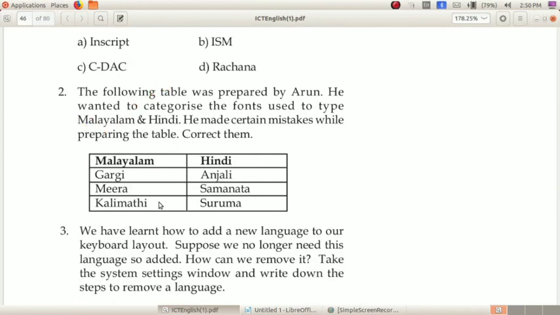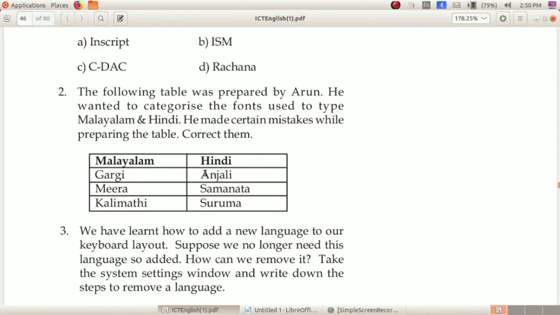Then second question, the following table was prepared by Arun. He wanted to categorize the fonts used to type Malayalam and Hindi. He made certain mistakes while preparing the table. Correct them. Here this is Malayalam and this is Hindi.